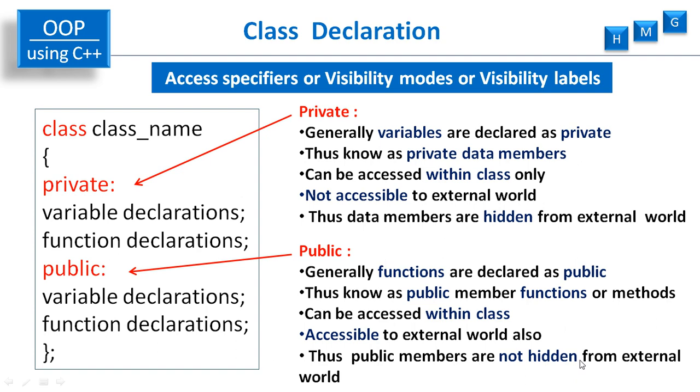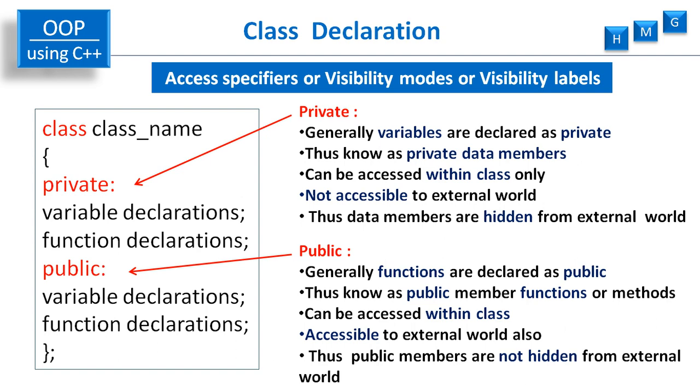So whenever you want, the data, which is the main entity of a class or the object, is always declared in the private section using private visibility mode or private access specifier, while the member functions are declared in the public section using public access specifier or public visibility mode, so that the external entities can access these member